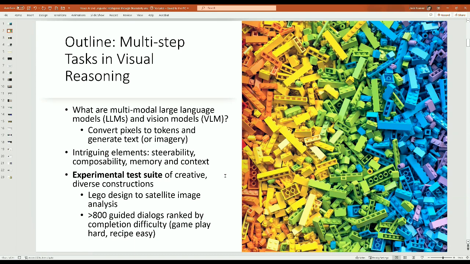Well, composability is kind of a measure of creativity, but it's a combination of, does it do what you tell it to do, and does it have some flexibility? And really the essence of what I think has captured people's imagination about these language models and visual models is the basic notion that it has some memory and context.